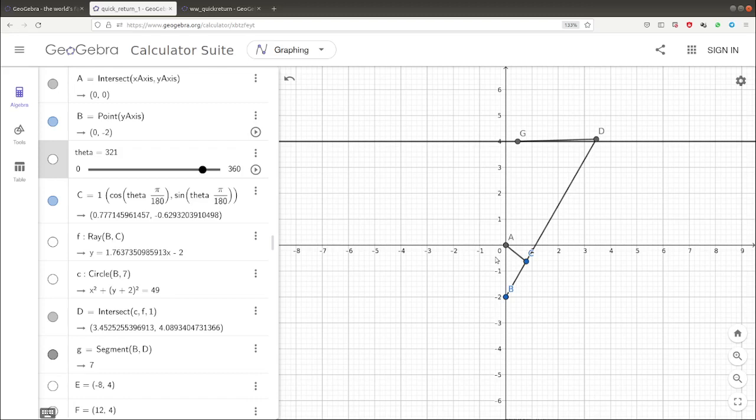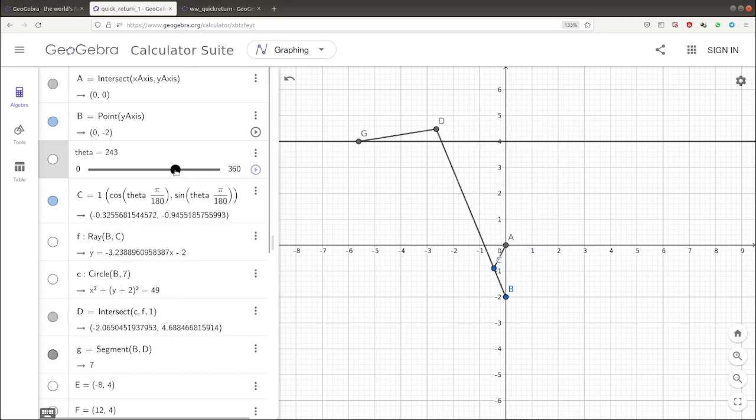One more thing we need to notice is that when it's going to the extreme position, look at the angle ACB. When it's going to the extreme position, the angle ACB will be 90 degrees, and the same condition applies even at this extreme position.